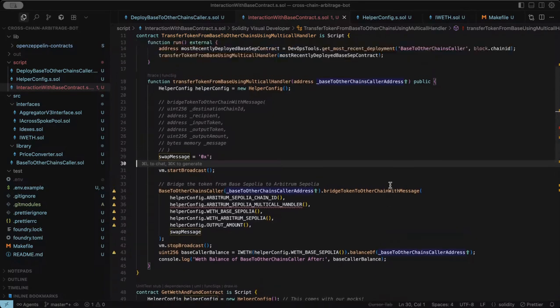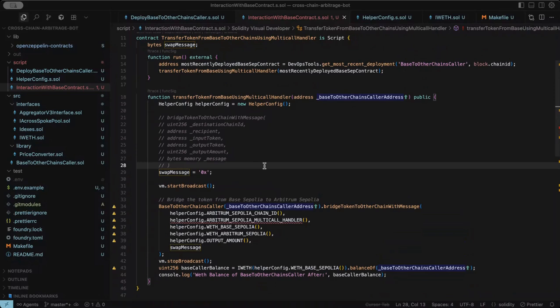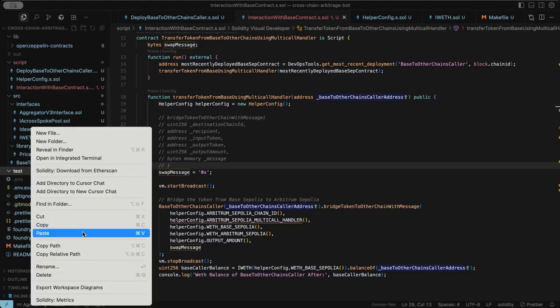Now let's think about the message we are going to send. What we want is that after the token gets to the destination chain, we want to swap the token to another token. So if we have transferred wrapped Ethereum, we want to call Uniswap V3 and swap our wrapped Ethereum to USDC. So to implement that, I'm going to come down here and I'm going to create a new file,